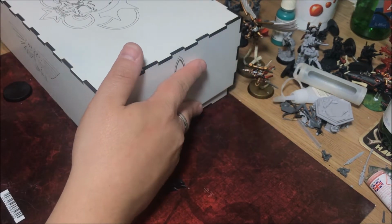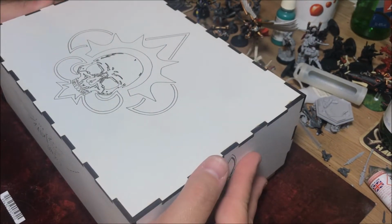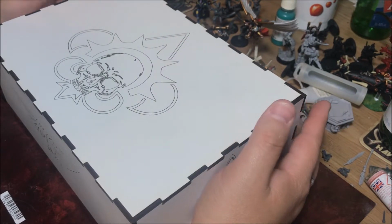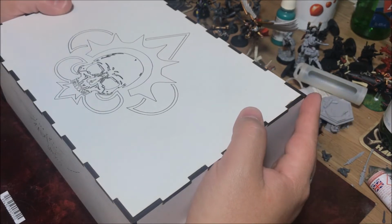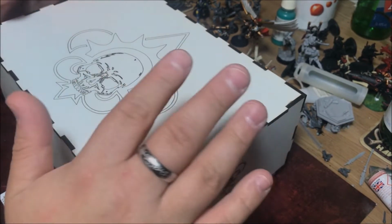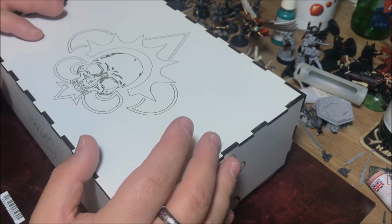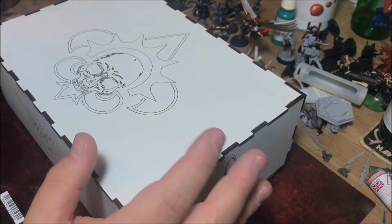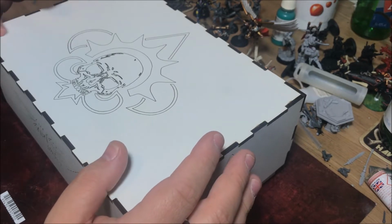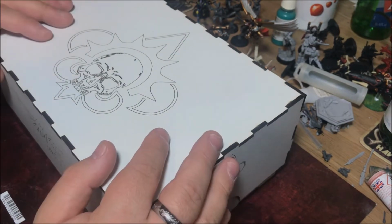But what the product is, it's inside this very, very nice box. Before I show you what's inside, I got in touch with Mechanicus Forge, a very friendly guy, because I'd just stumbled across the page, just perusing the internet on Facebook, and my god, some of the sculpts this guy does are out of this world. So naturally I got in touch and was very interested, so he was very accommodating to send this through for us to do